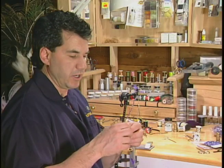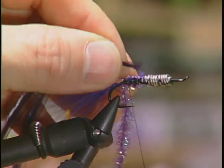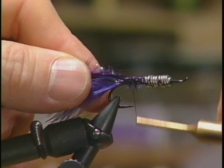For the hackle, I'm going to take 2 purple saddle hackles, and I like 2 because I like this body nice and full on the fly. I'm going to tie them in by the tips at the tail,